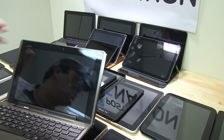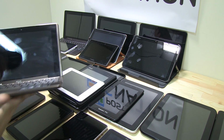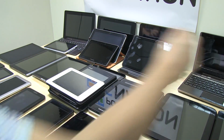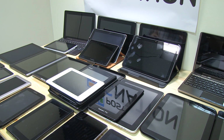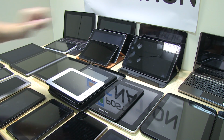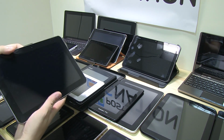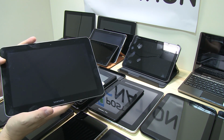By the way, it was based on NVIDIA Tegra 2, like the Motorola Zoom. Let's move it over here. I think then in the summer of 2011, we got the Samsung Galaxy Tab 10.1. That's actually the device that is banned in the US right now, and it also got banned in Germany and whatnot,